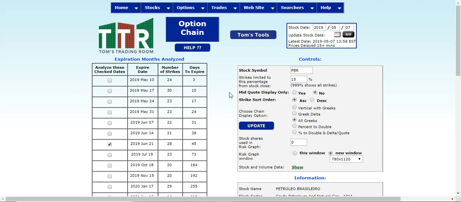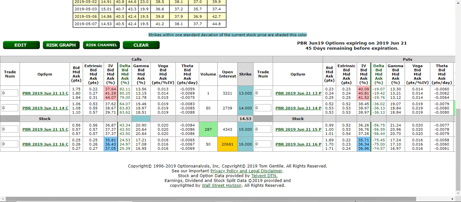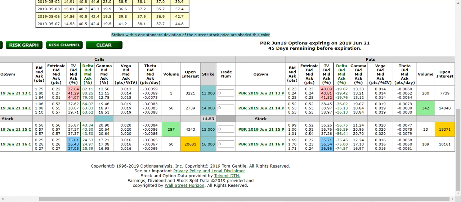And when the page refreshes, we're going to be looking at an options data table for both calls and puts. Puts on the right hand side over here. So I'm going to scroll over a little bit, and we start with the at the money or slightly in the monies, and we're going to left click on the numbers column, type in 1, click risk graph,